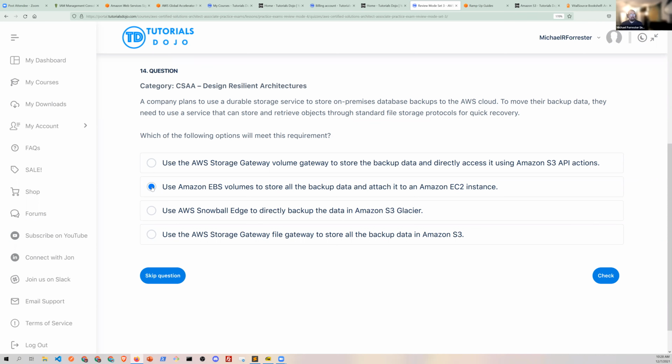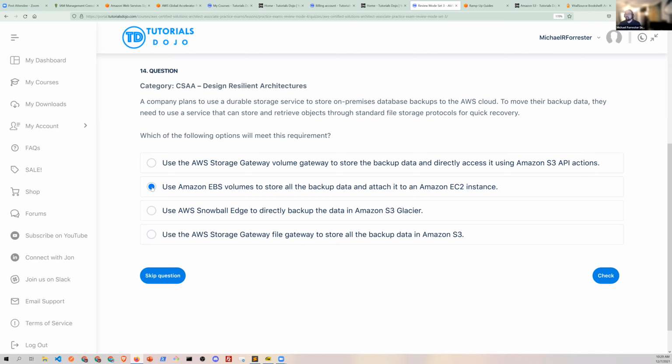So, because they said they want quick recovery, right? So we're going to take Snowball Edge, which by the way, is not really even a storage device. It's more of a compute device. I think it only has 8 terabytes of storage. We're taking that thing off, right? By the way, if you didn't know that, that could be hard to exclude, but Snowball Edge is not going to be our friend here. Now, the storage gateway has 3 modes: tape, file server, and volume server. So that's a virtual machine that runs on premise in VMware that will replicate data either to S3 or to Glacier.